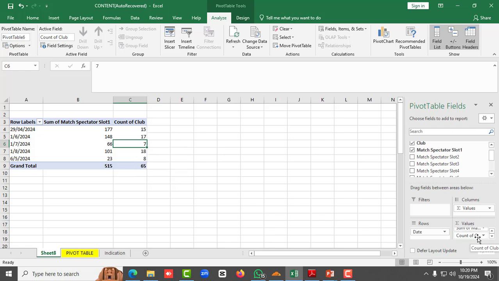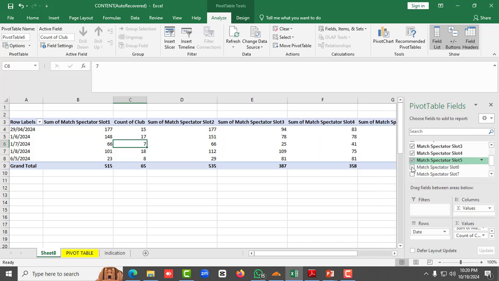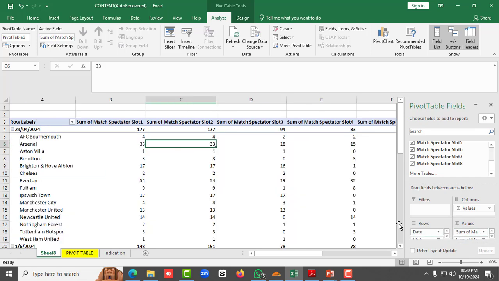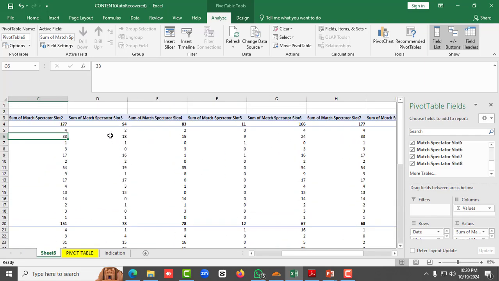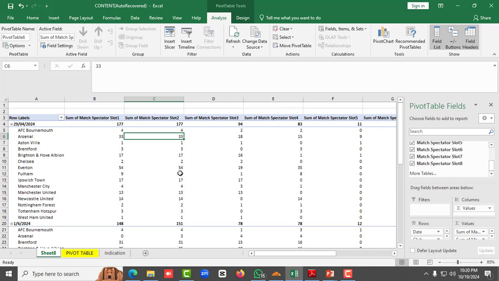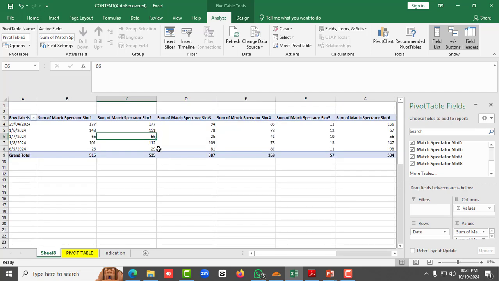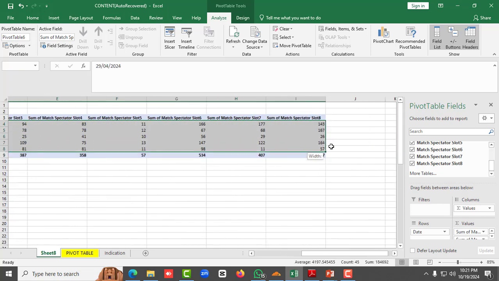Okay, and now we try to add another spectator, and here you see that the total spectators are brought in as a spectator slot. Okay, and we try to, and you see that this data is brought in as a spectator slot. Okay, and if we show this result by date-wise,